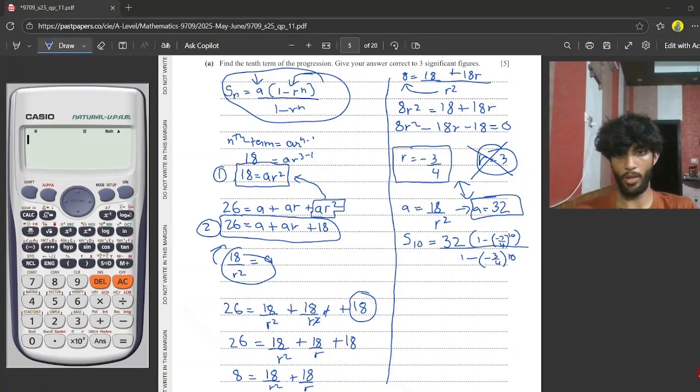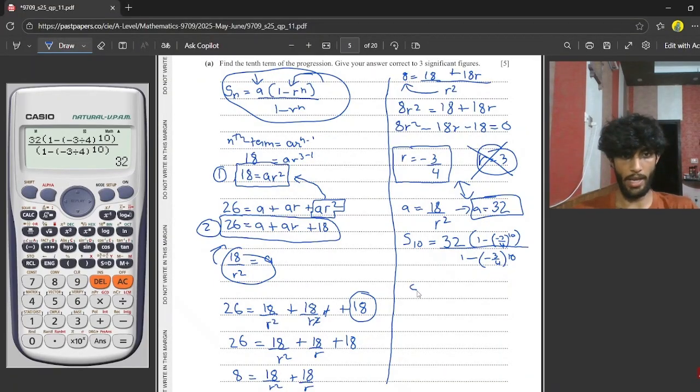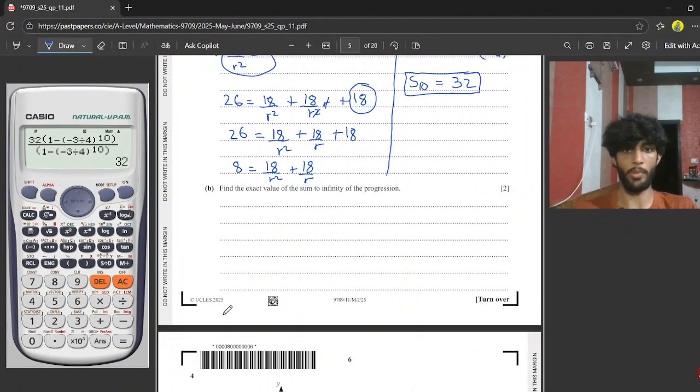So let's solve all of this out. We got 32 times 1 minus minus 3 divided by 4 raised to the power 10. Close the bracket, and then do the same in the denominator. 1 minus minus 3 divided by 4 raised to the power 10, and close the bracket again. All of this is going to just be 32. So the sum of the first 10 terms is going to equal 32. That is our answer. Now we go on to part B, and it says find the exact value